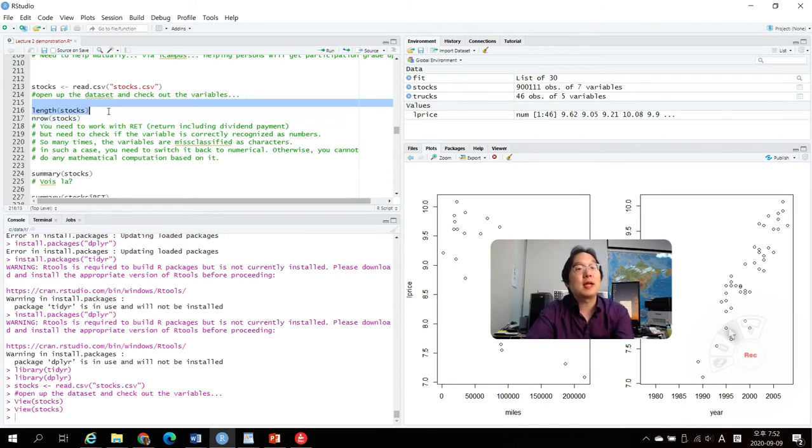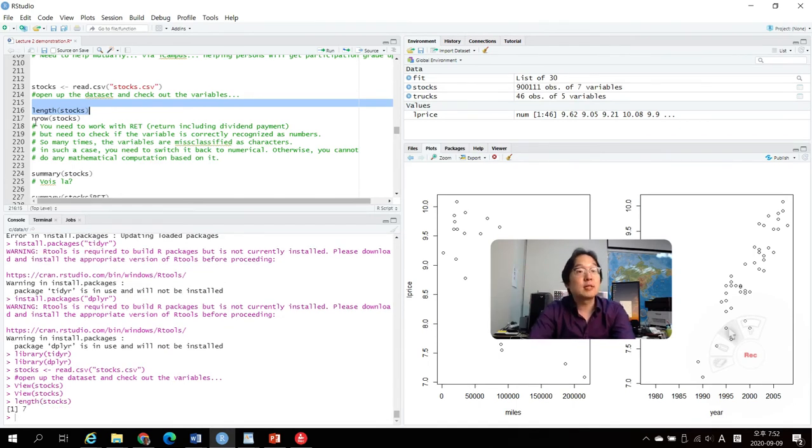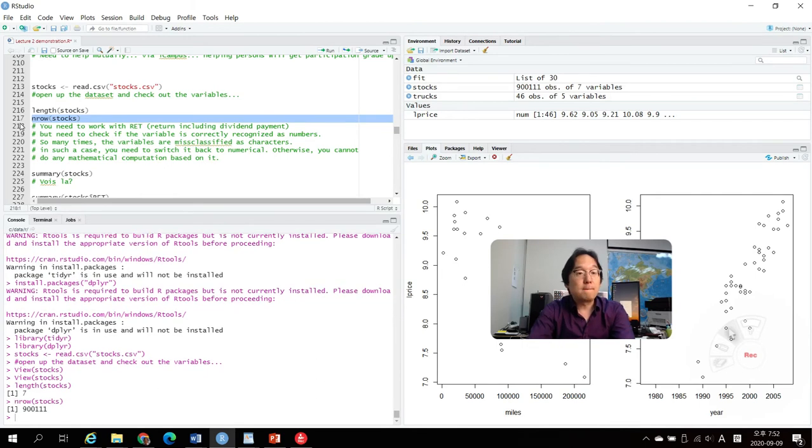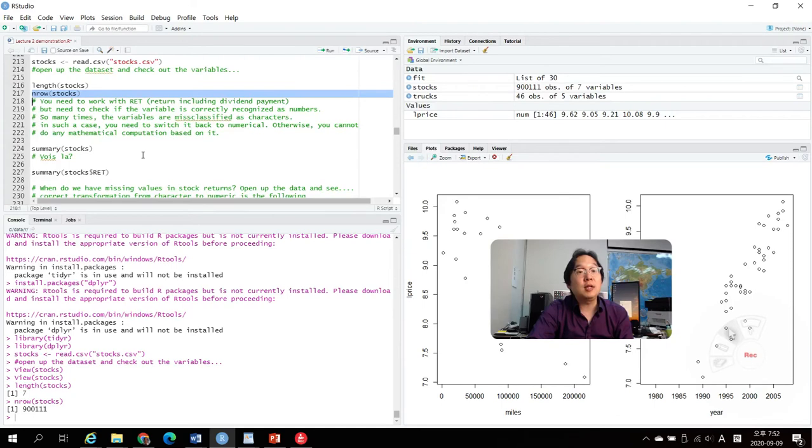Length, what was that? The number of columns. And then nrow is the number of observations. So you can check it like this. Yes. Okay, you need to work with RET, but you need to check if the variable is correctly recognized as